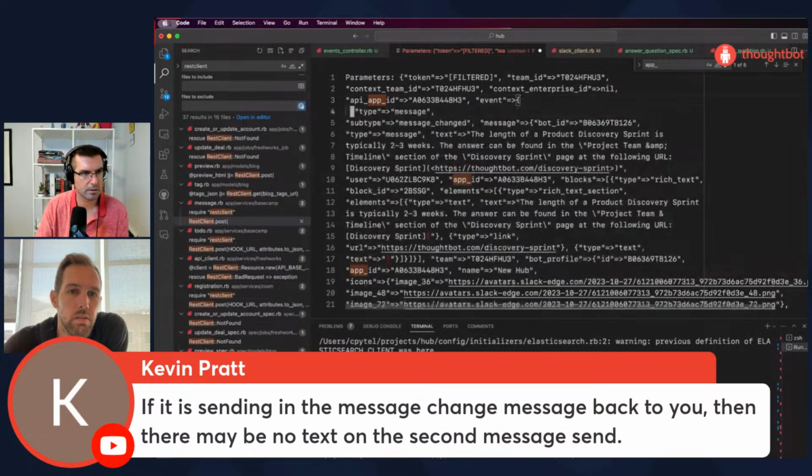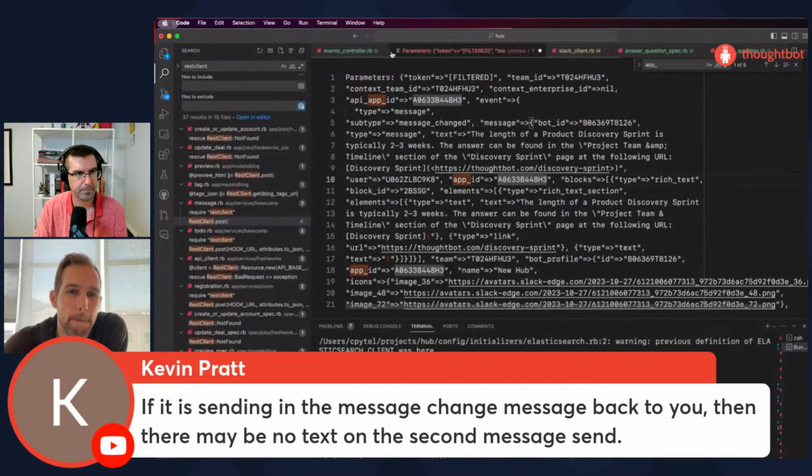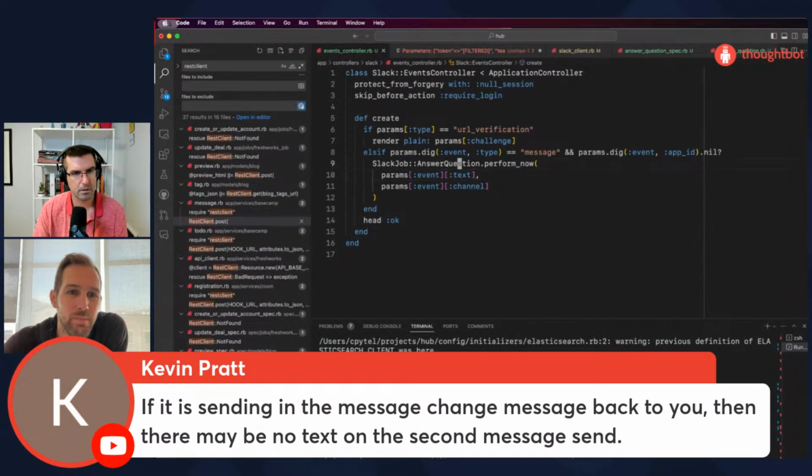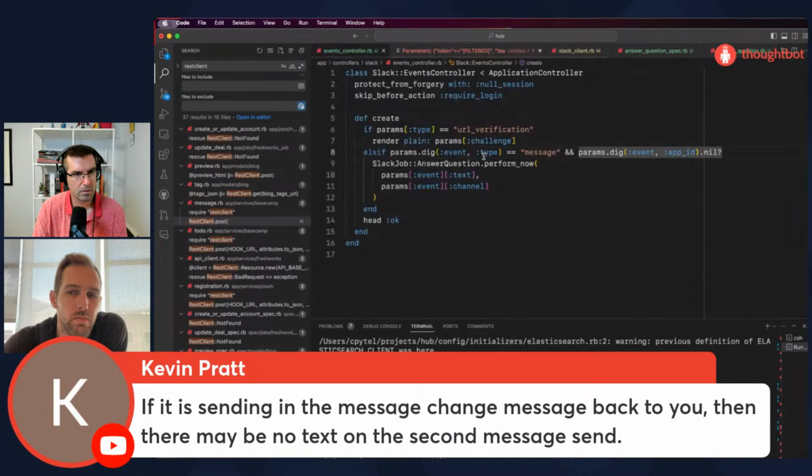Event subtype. Yeah. Okay. You could throw a debugger in there. Event app ID is nil, then do it.